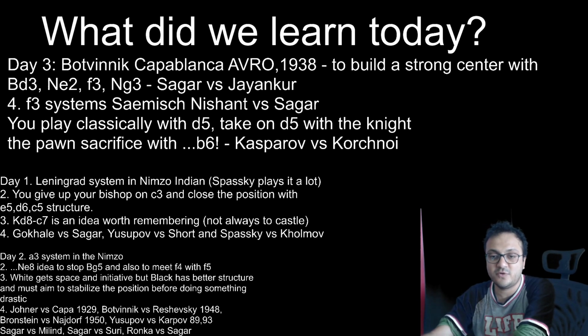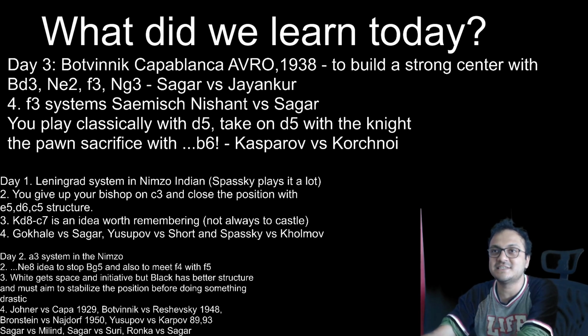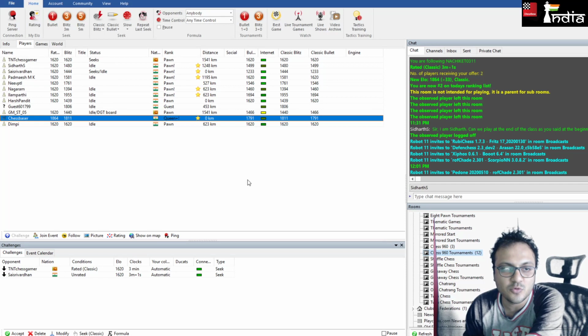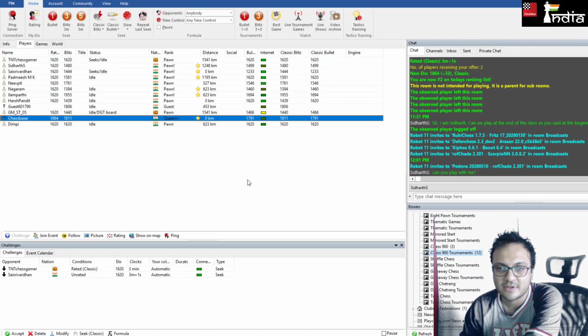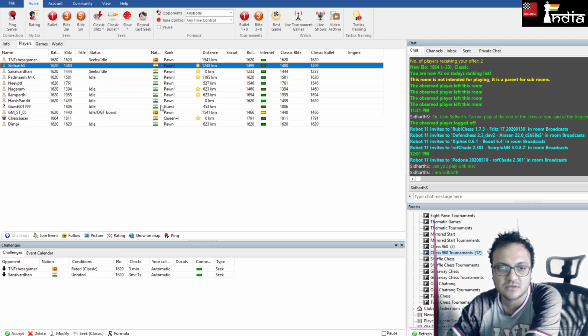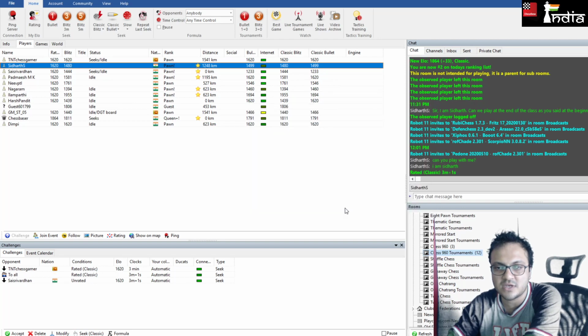I think before we end, maybe one game of Chess 960 can be played. If we go to the room here, let me see if anyone is present there. In the room, there are several of you here. Let's play, against whom shall we play? Siddharth S says, can you play with me? Okay, let's try to play with Siddharth S. I'm going to just seek for 3 plus 1 here.